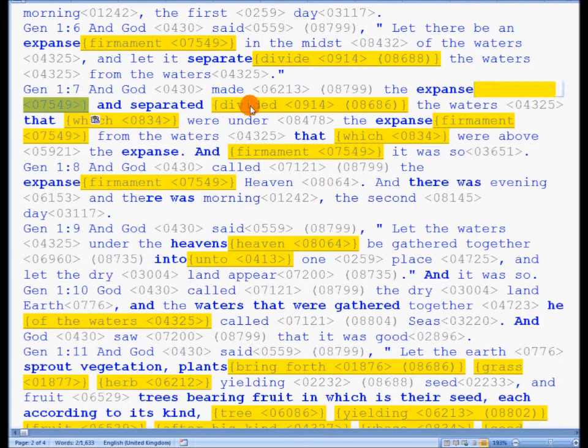And he separated the waters which, or that, were under the expanse from the waters which were above the expanse, or in the